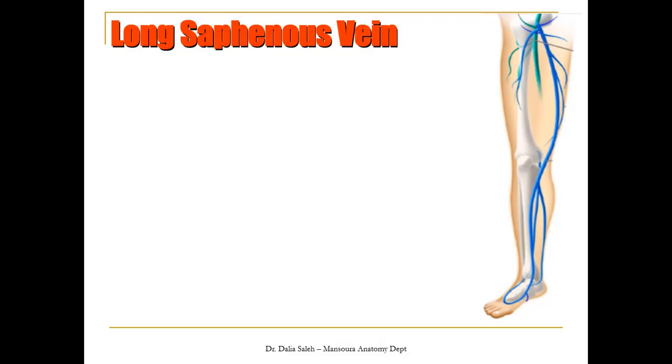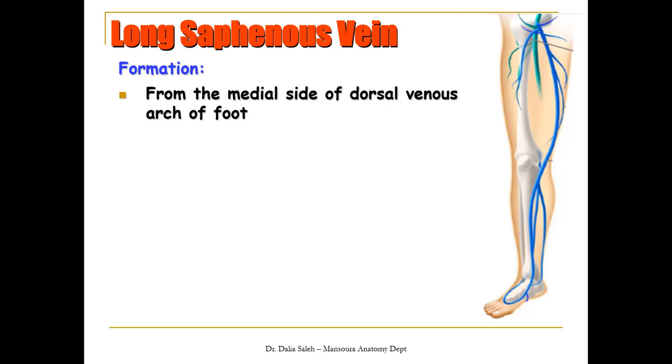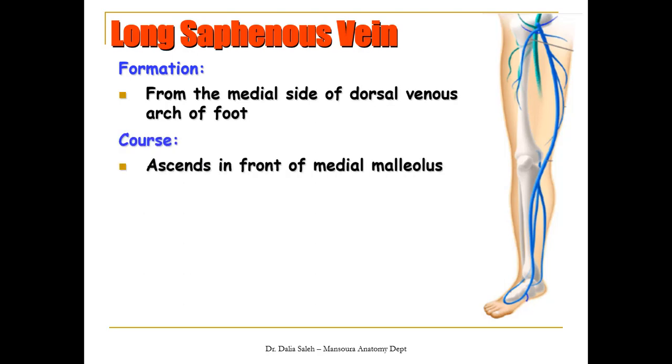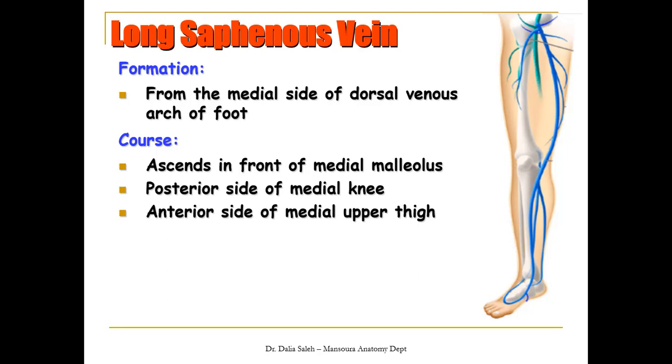The superficial system is characterized by presence of valves, and the direction of circulation will be from the superficial to the deep veins. The long saphenous vein starts at the medial side of the dorsal venous arch of the foot. It then ascends in front of the medial malleolus, then posterior to the medial side of the knee, then ascends upward in the anterior side of the upper part of the thigh, and finally pierces the deep fascia to terminate